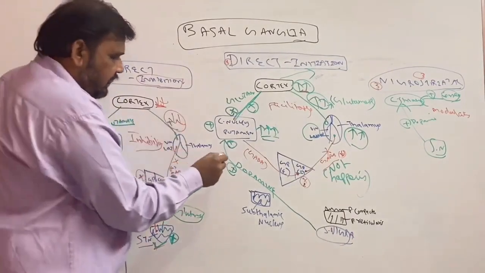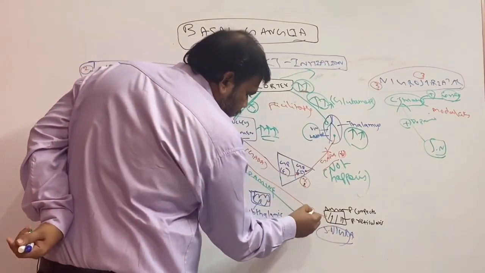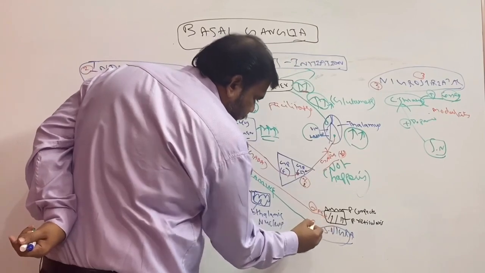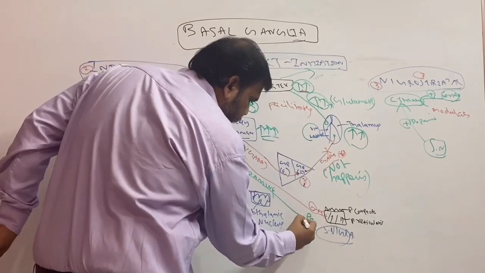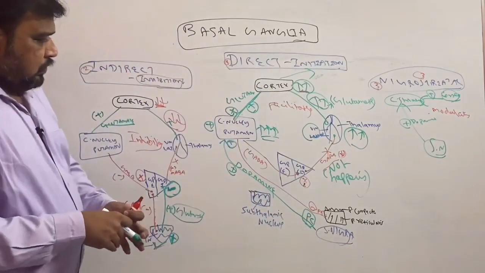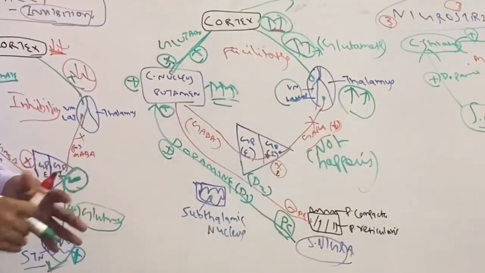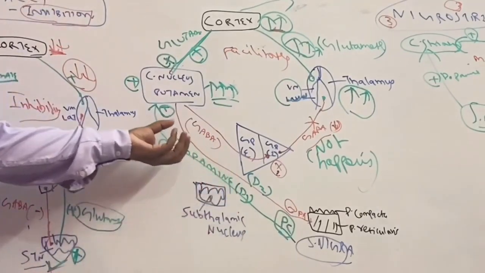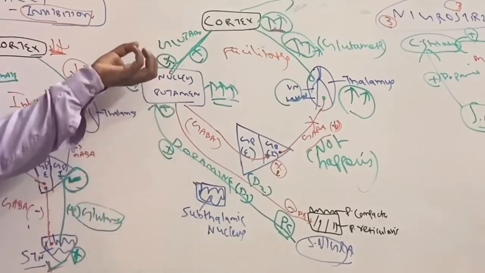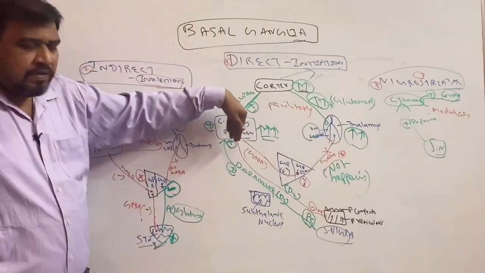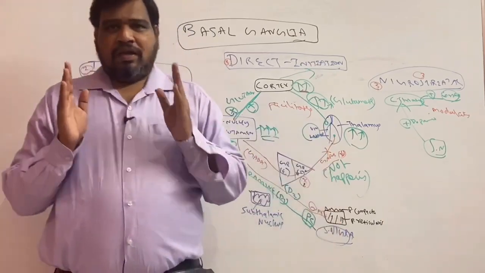And further, from striatum, there goes inhibitory to pars reticularis. This is from pars compacta. I will put in green color. This is from pars compacta. So what happens? This dopamine is D1. I have charts on D1 receptors. So again repeat, from pars compacta, the dopaminergic fibers which go act on D1 receptors in the corpus striatum, which is positive, glutamate. From corpus striatum, some inhibitory fibers go to the pars reticularis,